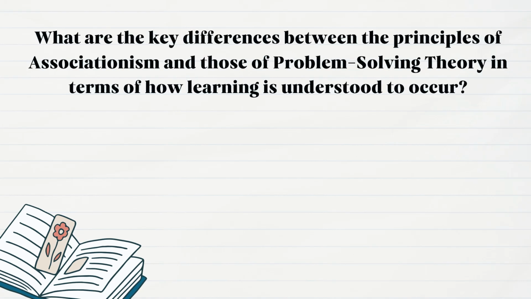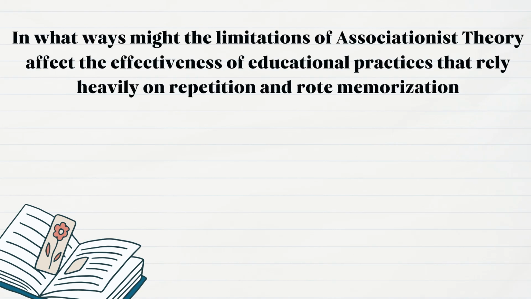Next, what are the key differences between the principles of associationism and those of problem-solving theory in terms of how learning is understood to occur? And finally, in what ways do the limitations of associationist theory affect the effectiveness of educational practices that rely heavily on